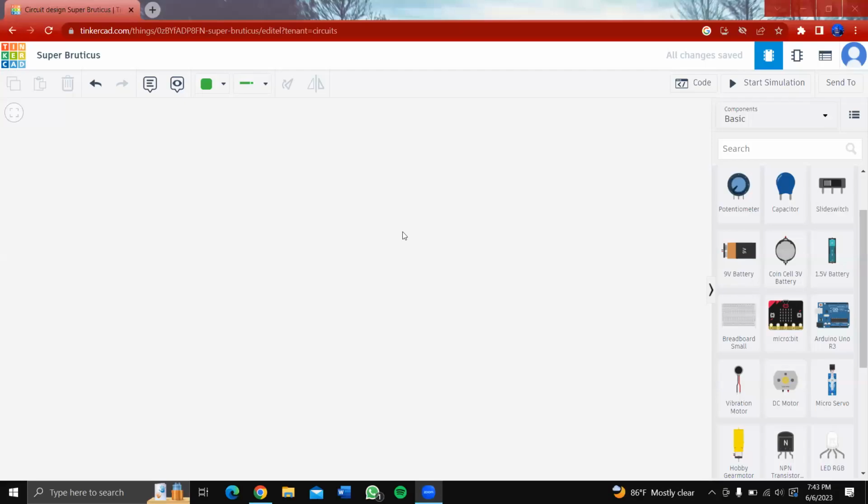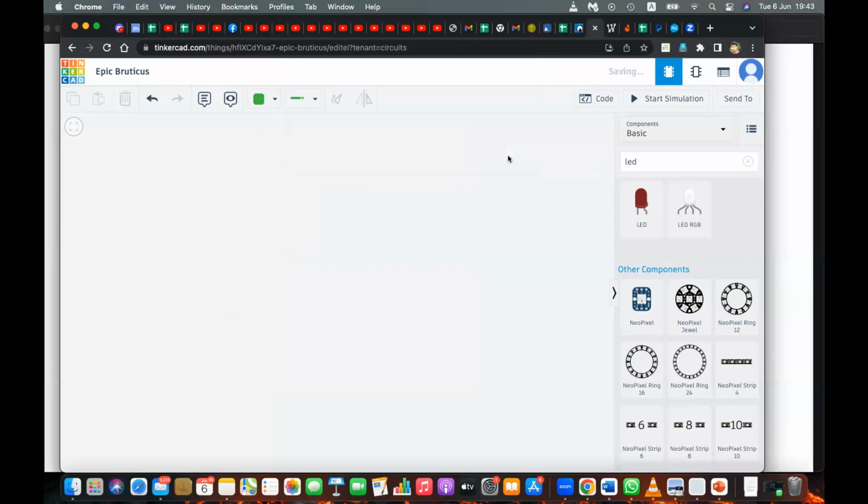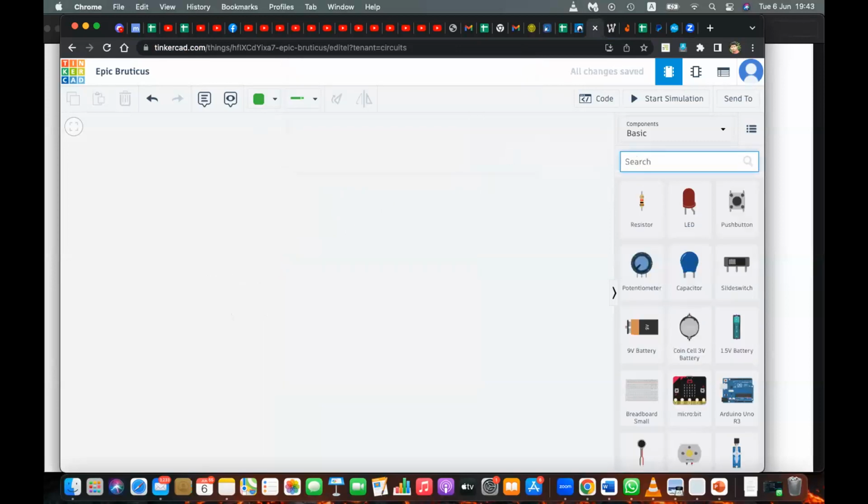Okay, I think all of you have done it, it seems. Okay, let's start then. Since all of you have done it, let's start. My first exercise is connecting an LED, a single LED. Let me erase everything first and begin from the start. I'm erasing this one also. First of all, search for Arduino.